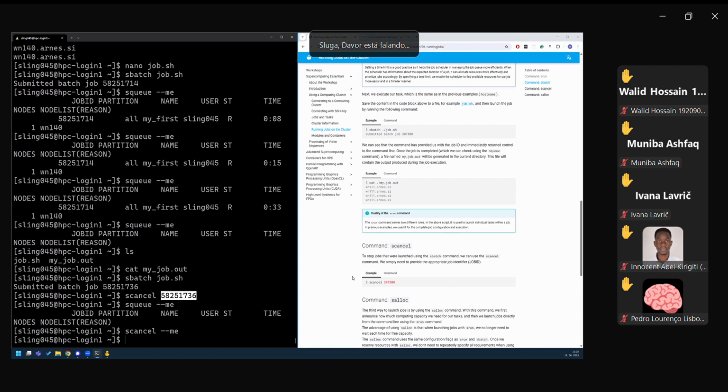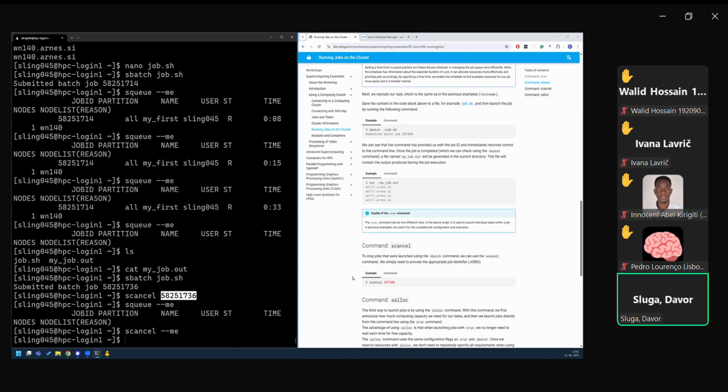So not very interesting. Usually you want to run, let's say, some Python code, some physical application or whatever. So you have some user program which you want to run on the cluster. And a lot of times this software